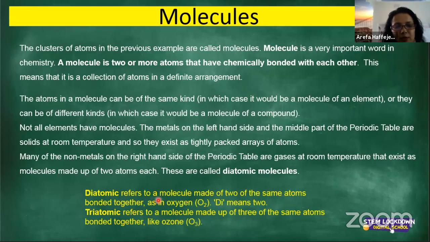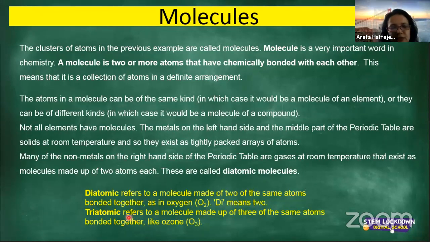Diatomic refers to a molecule made up of two of the same atoms bonded together. So diatomic means that we have a molecule that is made up of the two same atoms, and these are bonded together, as in oxygen. So remember I told you the symbol for oxygen is O with a small 2. So it has two of the same atoms together. So di means two. And then as you go through the module, not this one, you will learn about triatomic